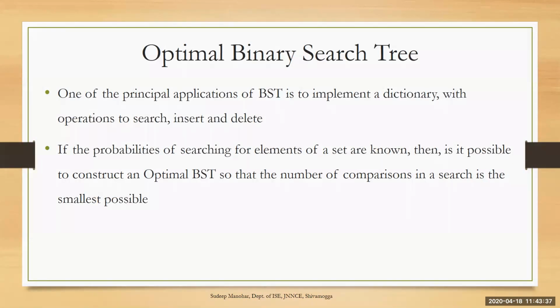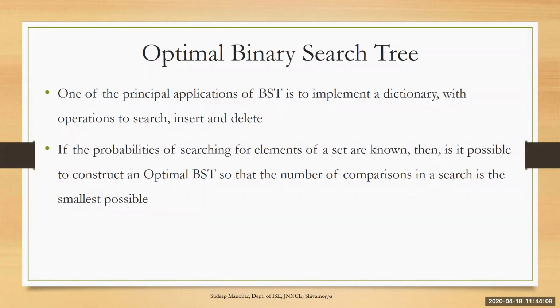One of the principal applications of BST. So BST is a short form of a binary search tree. What is binary search tree? First, we shall just have a glance at the meaning of BST. A binary search tree is a binary tree in which elements are arranged in the order in which the left subtree will have the elements which are lesser than the root, and the right subtree will have the elements that are greater than the root.